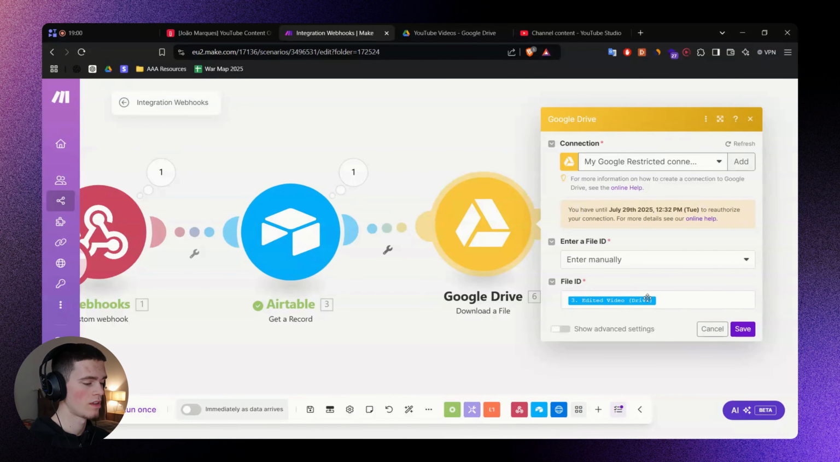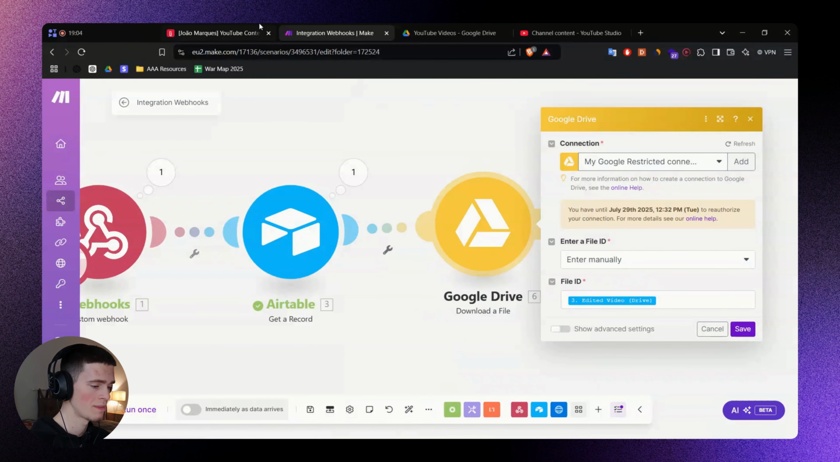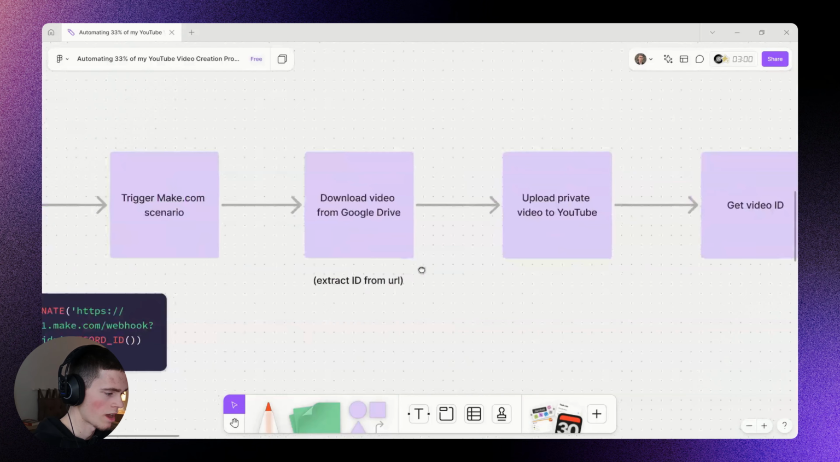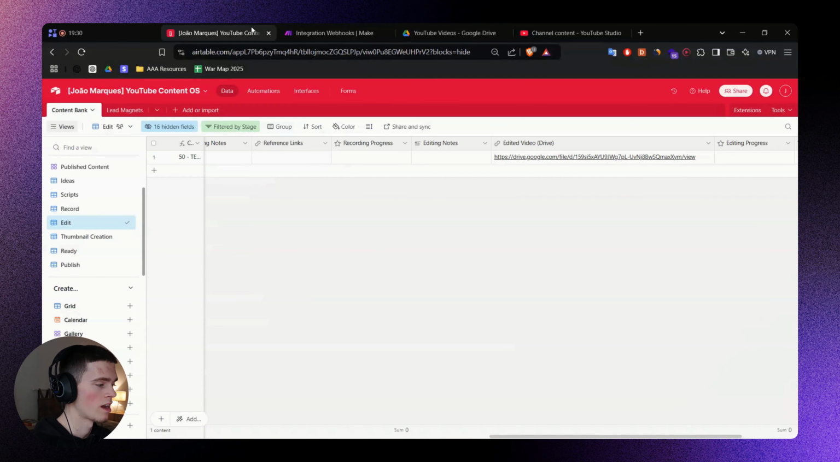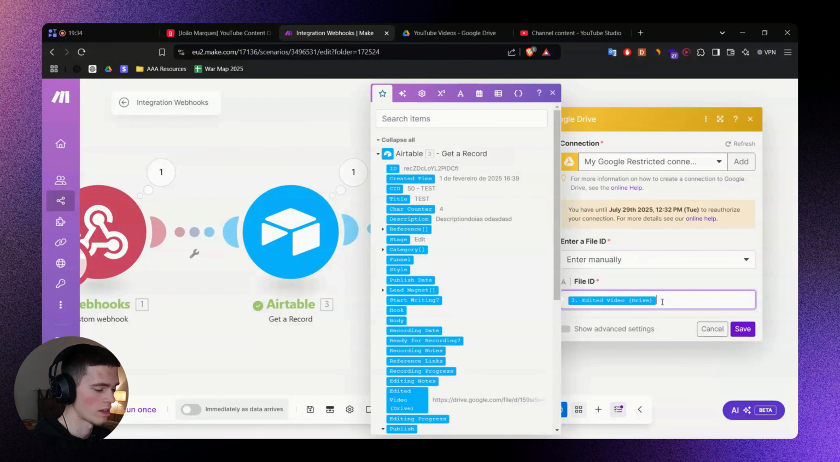So if I map out the edited video variable to this field, it will not work because I'm giving it all of this link right here instead of giving it only the ID. So we need to extract the ID from this link. As you can see right here, I have that noted here: extract ID from URL. So we got this big URL here. We need to extract the ID from it so that this doesn't